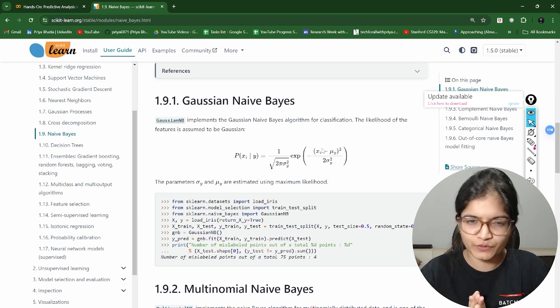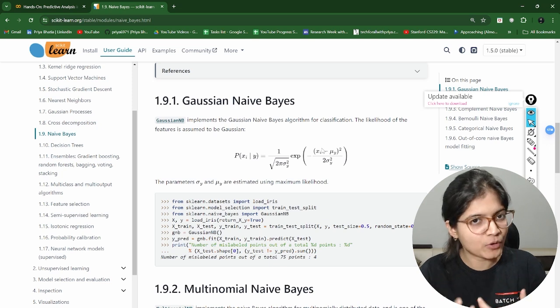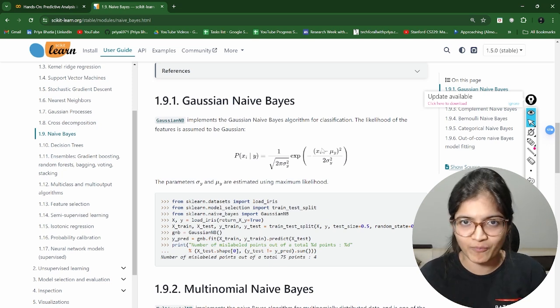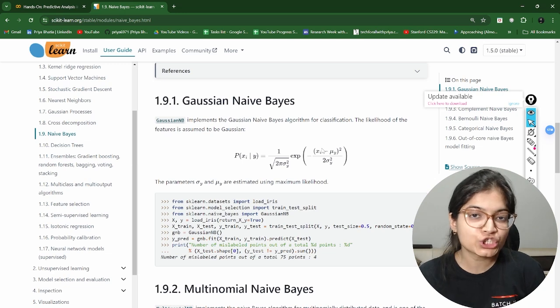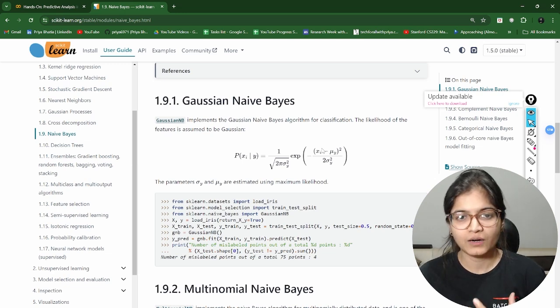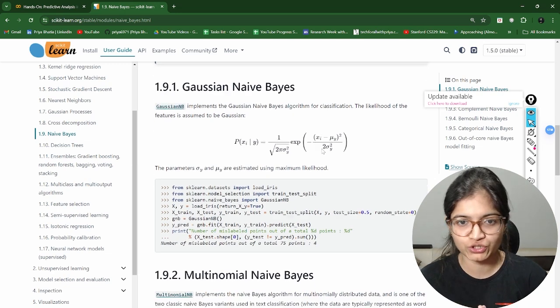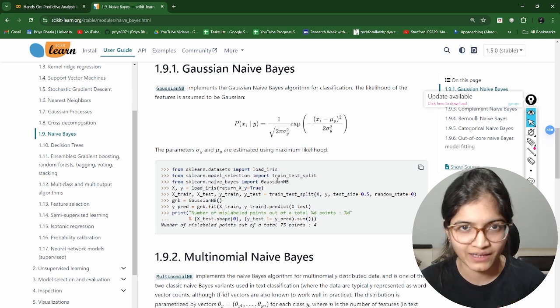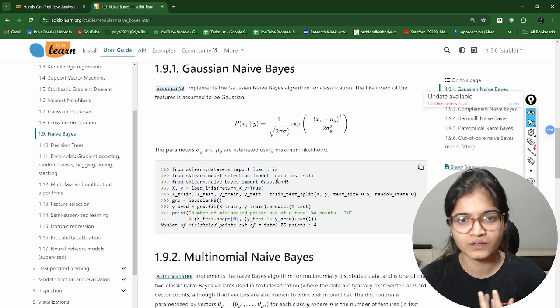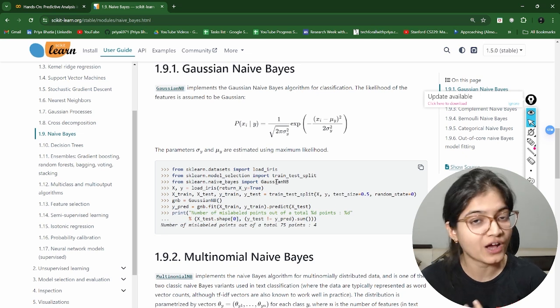The first distribution, which you will observe and use the maximum number of times, is the Gaussian naive Bayes. I think this is one of the most crucial distributions in stats, and it is also called the normal distribution. By seeing this equation itself, you will understand that this is the equation of a normal or Gaussian distribution.